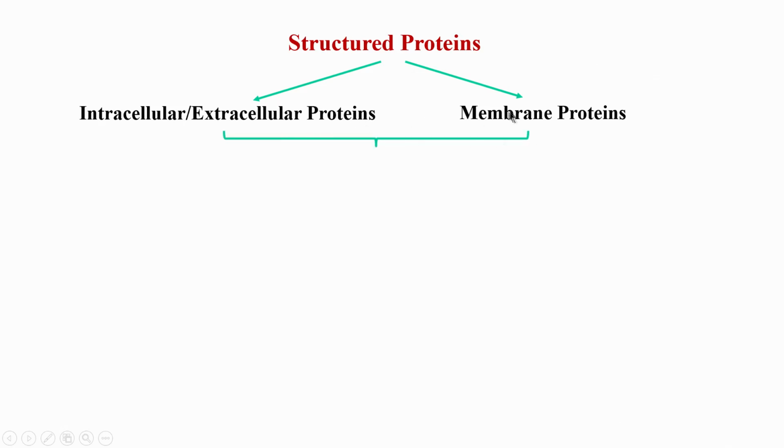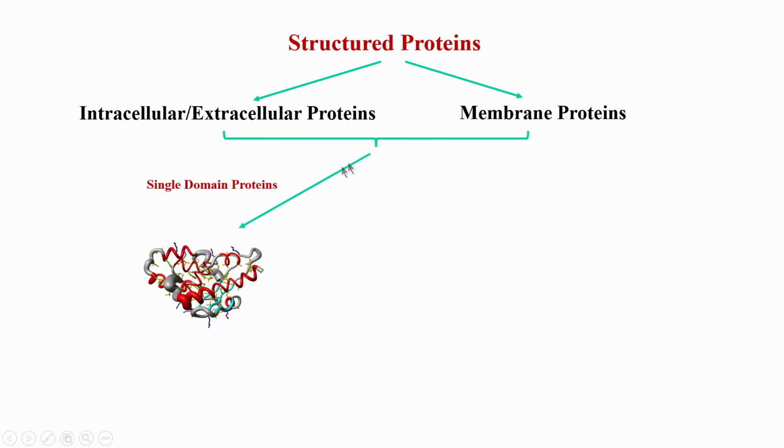Now, both of these proteins can be further categorized into 3 categories. Number 1, they can exist as a single domain protein. A single domain is an example I just gave in the previous slide, where the entire chain folds into a single structure. This is called an independent folding unit. If you take the sequence of this protein, it will form a specific 3-dimensional structure, but it will remain alone, meaning it will not associate with any other structure. It will be a single chain structure.